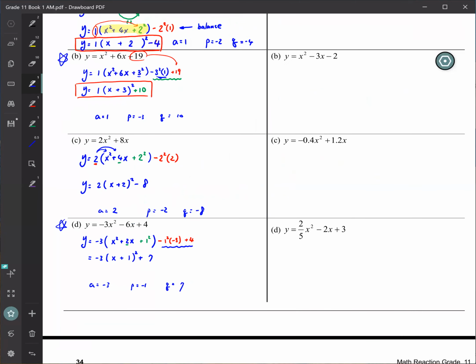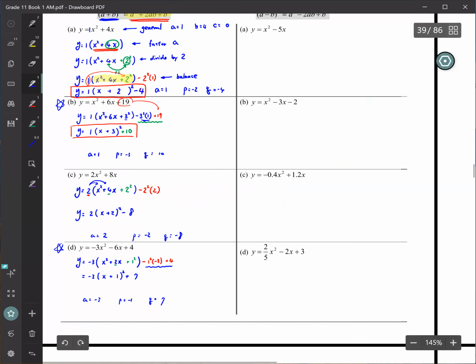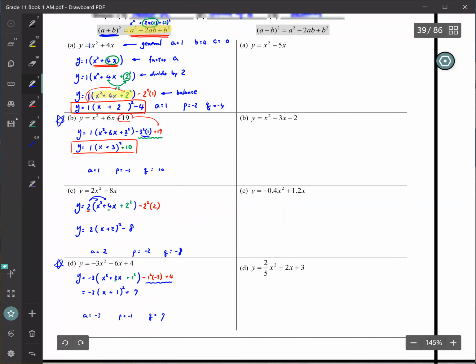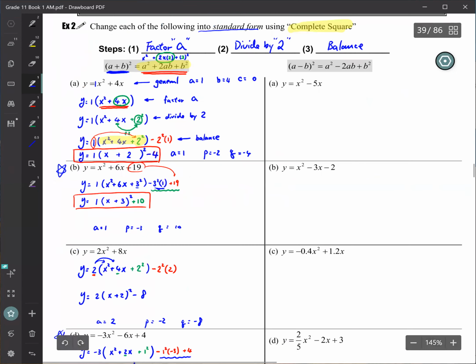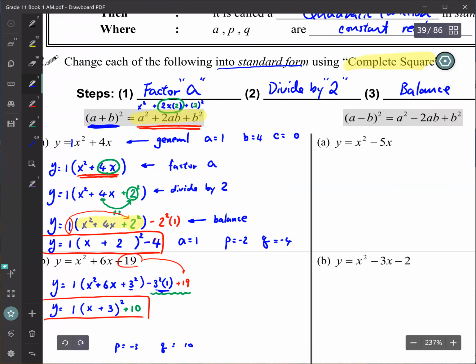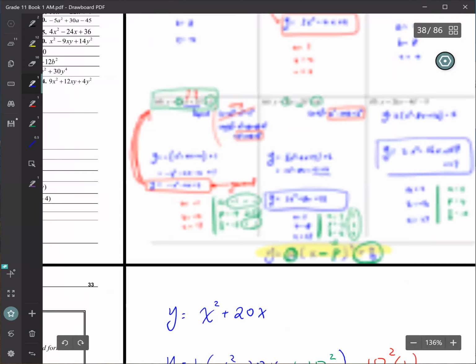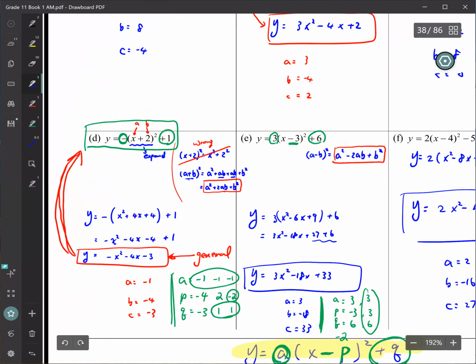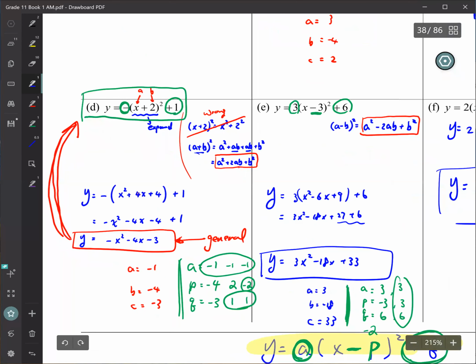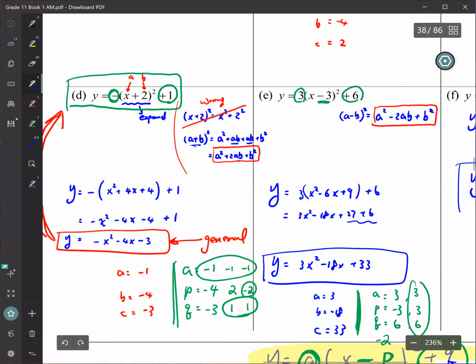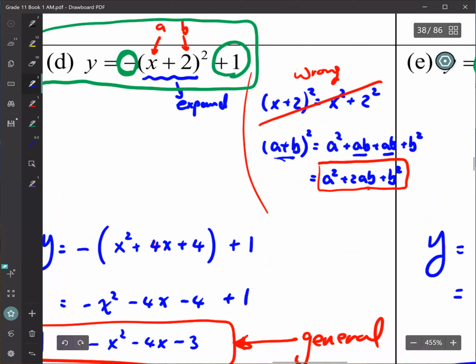Now, if you get the left side, then the right side should be a breeze, because the only difference is we are using a different formula. So take a look at the two formulas, or we look at the previous page, the general form, questions D and E. Remember I told you the two different formulas? Let me highlight it. If you have a plus,